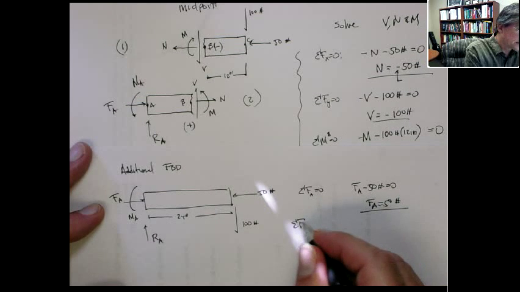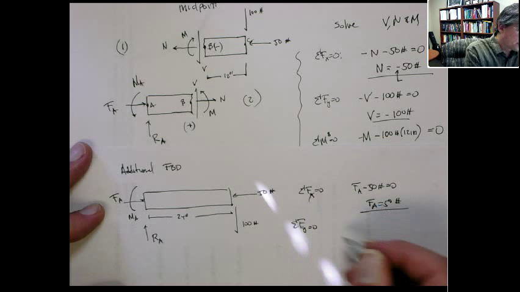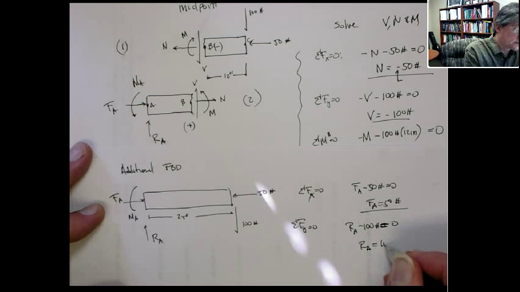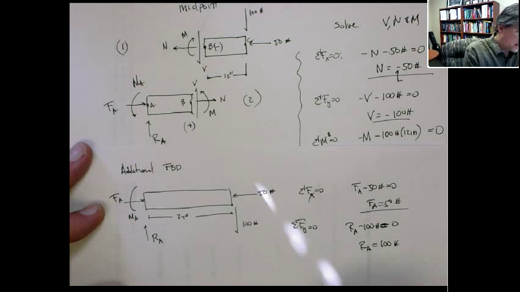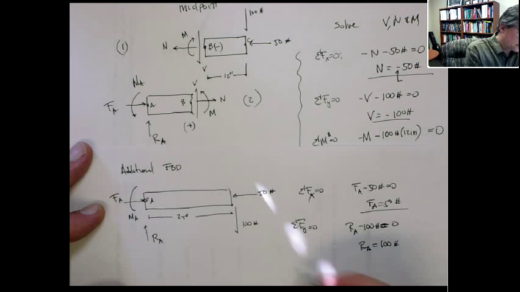Sum of forces in the y direction equal to 0. That gives me RA minus 100 pounds equals 0. Oops. RA is equal to 100 pounds. So it's 100 pounds going up. And then we can do sum of moments around A equals 0. That gives me